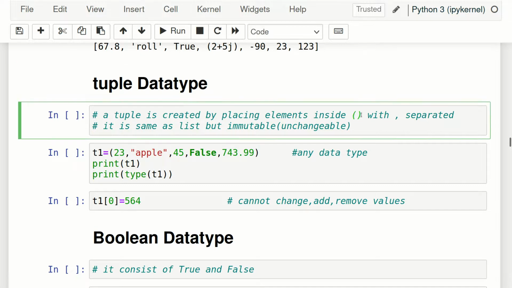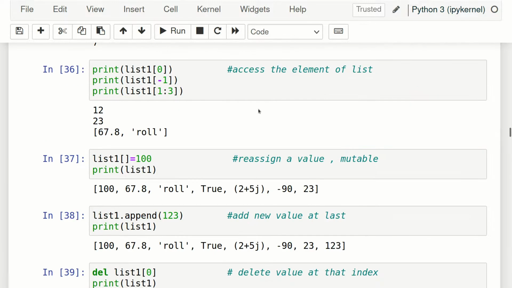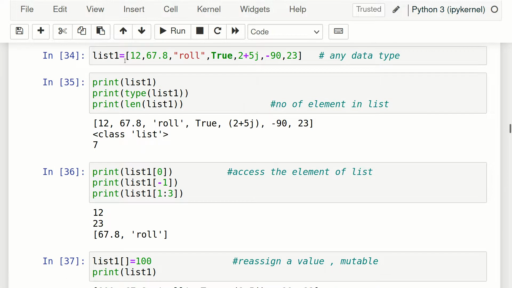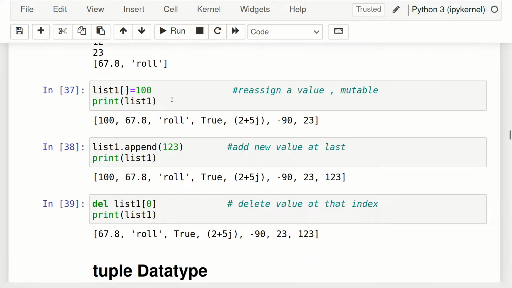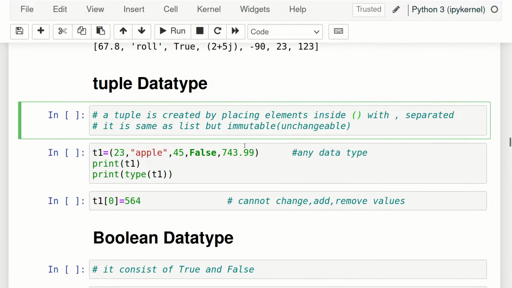A tuple is created by placing elements inside round brackets, comma separated. You have to remember all these things. For list we were using square brackets, but for tuple we have to use round brackets with comma separated. It is the same as list but immutable, unchangeable.